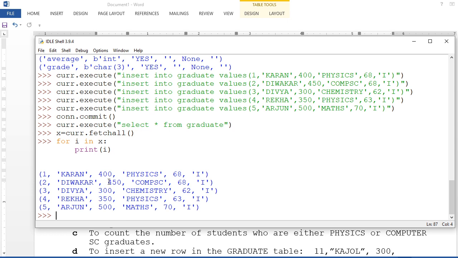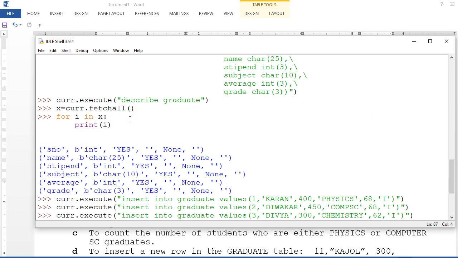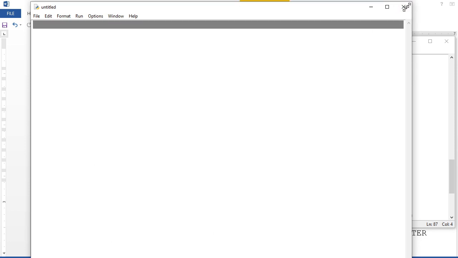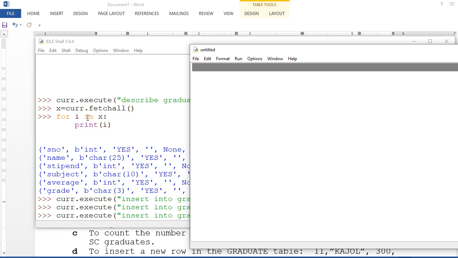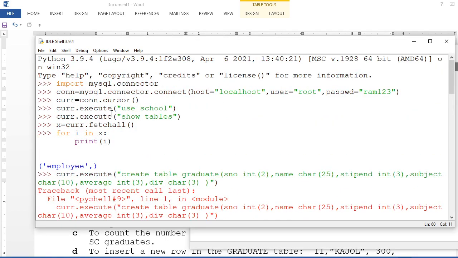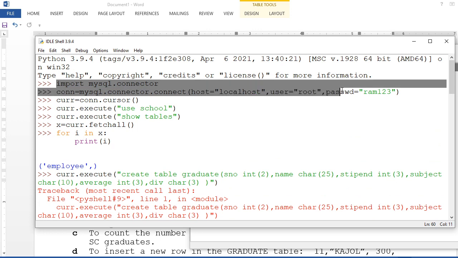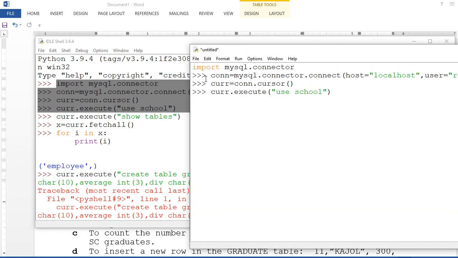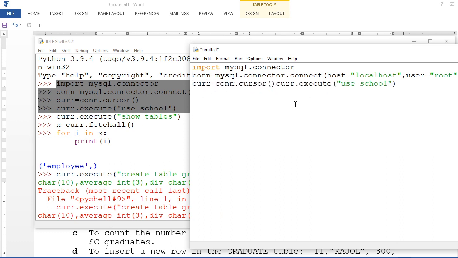Understand? So that way you are going to enter the table in Python. But you can ask me, sir, this is the shell, how can you write a program? It's very simple. You go to the file menu, take a new file, and I'm going to take all the programs which are running, in proper sequence, from here. Suppose the first one is what I took here, these two, till here. Why type once again? So I am going to put it here. You remove all these things, and you should take care of the space, the indent.